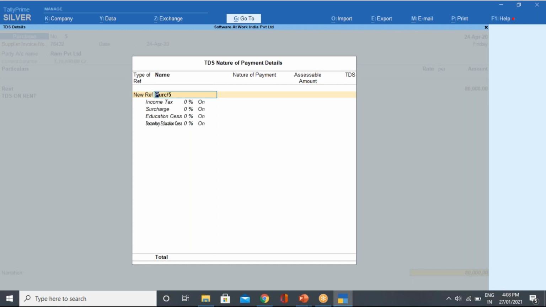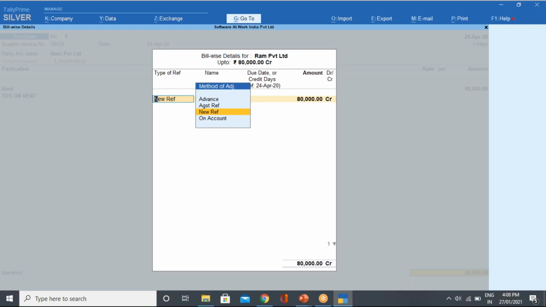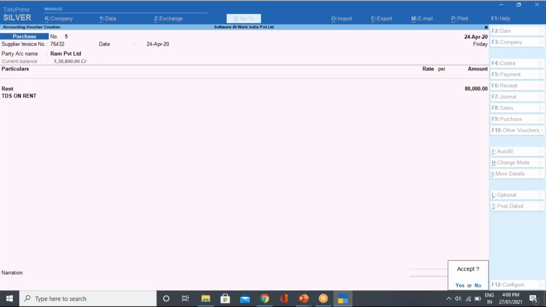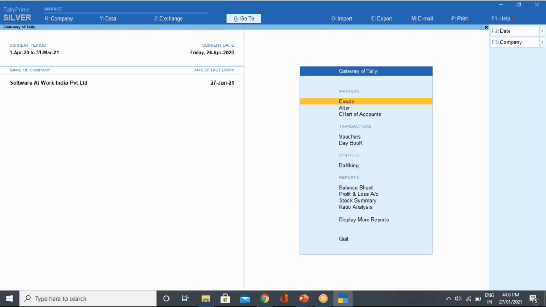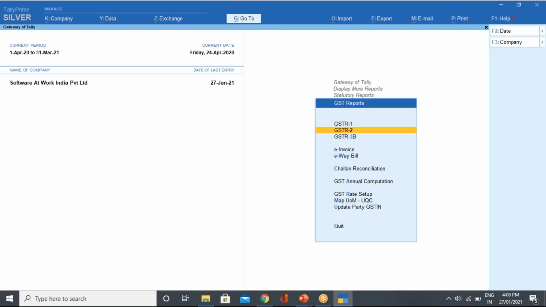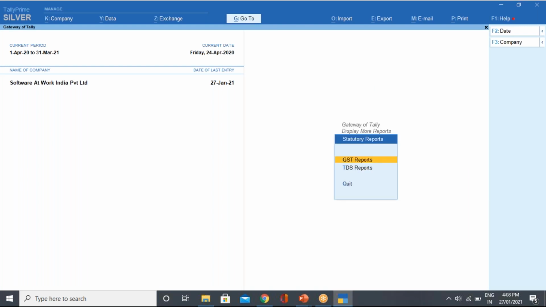So for this, you have nothing in the reference. Okay, nothing will get charged because 80,000 has been passed. If your amount is 1 lakh, then for the rest of the 20,000 again you can go for the bill. So nothing we are passing. We have adjusted the entire 80,000 against the payment. So once you accept that, nothing will get changed at the payment level. So you can go to the TDS and you can see the report.